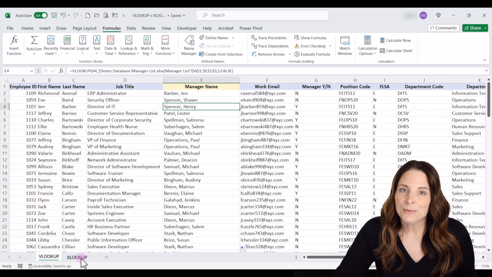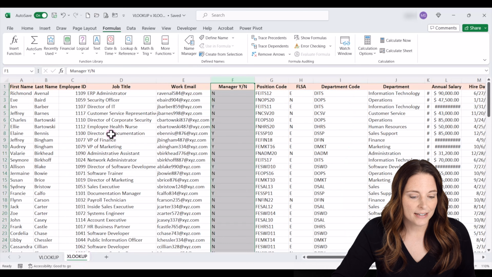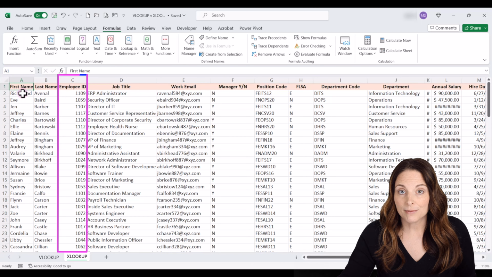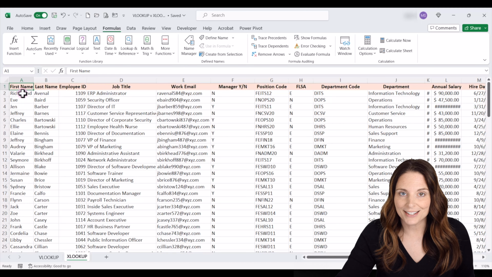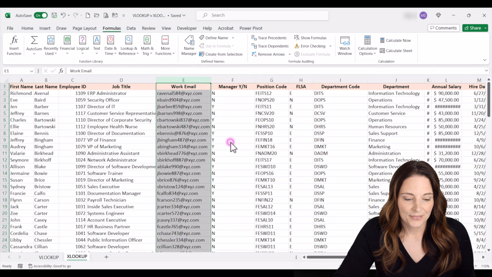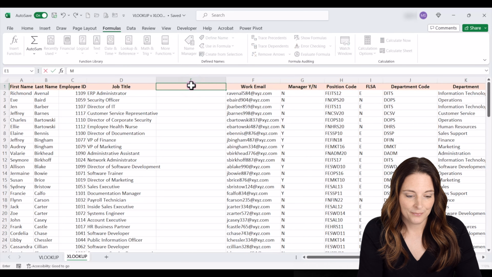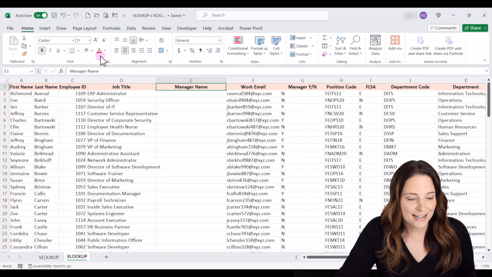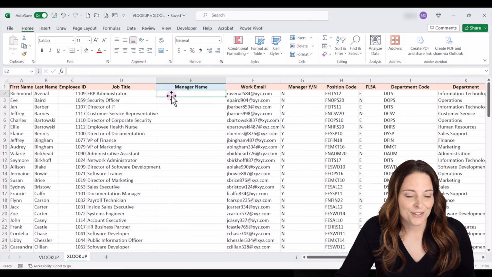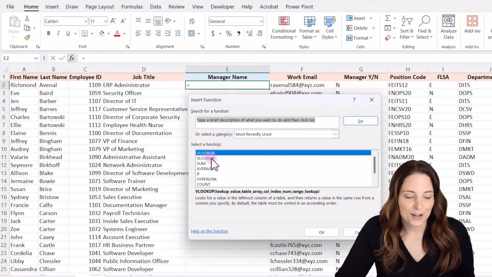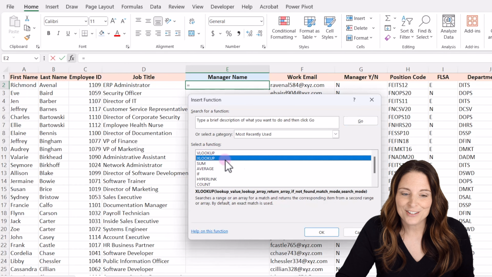So let's take a look at how we would do this using XLOOKUP. So I have a similar sheet over here, but notice the employee ID number is not in column A, and with XLOOKUP that's okay. We don't have to have it in the first column there. So what we want to do is insert a column, and we're going to pull in the manager's name, and we'll color this a little bit different so we can keep an eye on it. All right, we're going to place our cursor where we want to insert the XLOOKUP. We can come up to our insert function. Since I've recently used XLOOKUP, it shows up under this function list here, so I can just select that